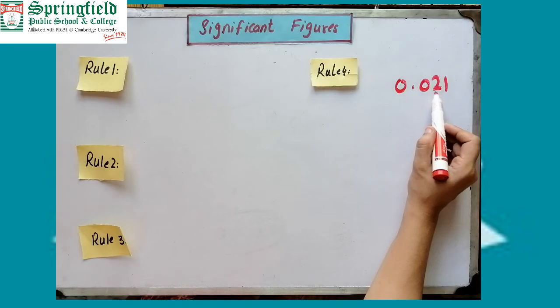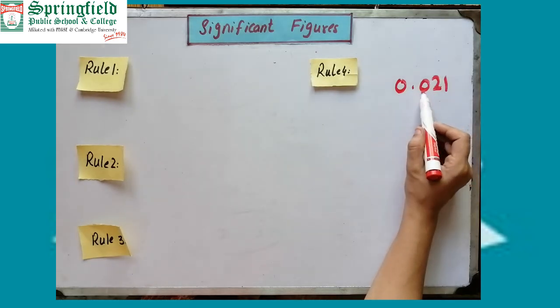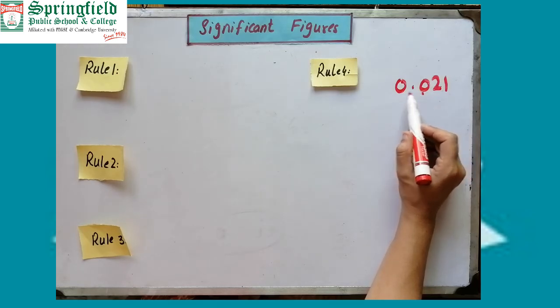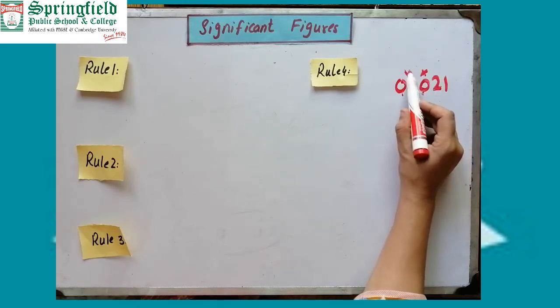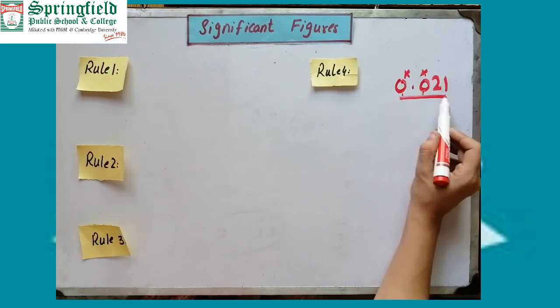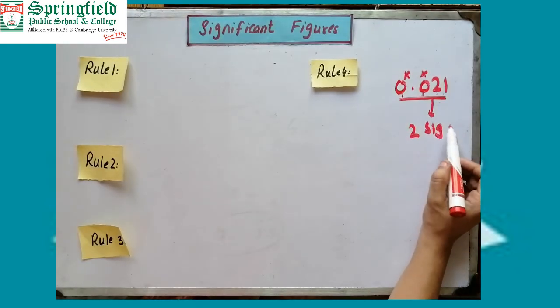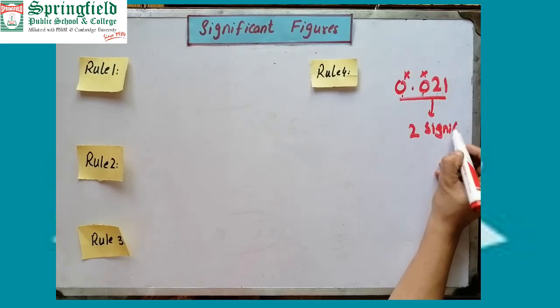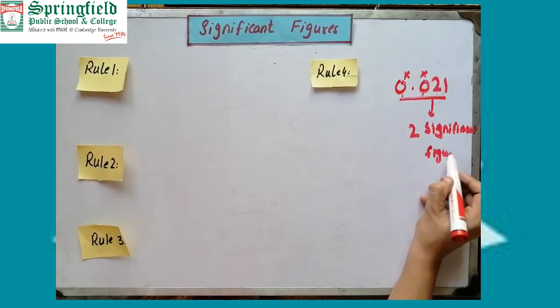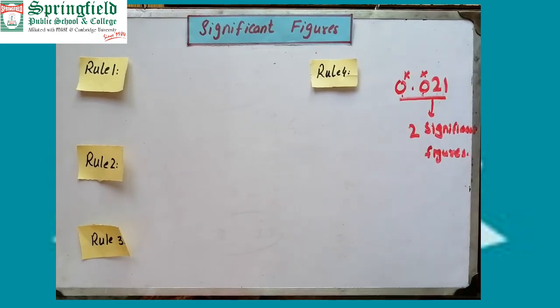Non-zero digits start from here, so how many zeros are there before the non-zero digits? 1, 2. It means they are not significant. So what is the significant figure count of this number? 1, 2. So 2 significant figures. This number has how many significant figures? 2. Fine. Understood, beta? And in rule 5,